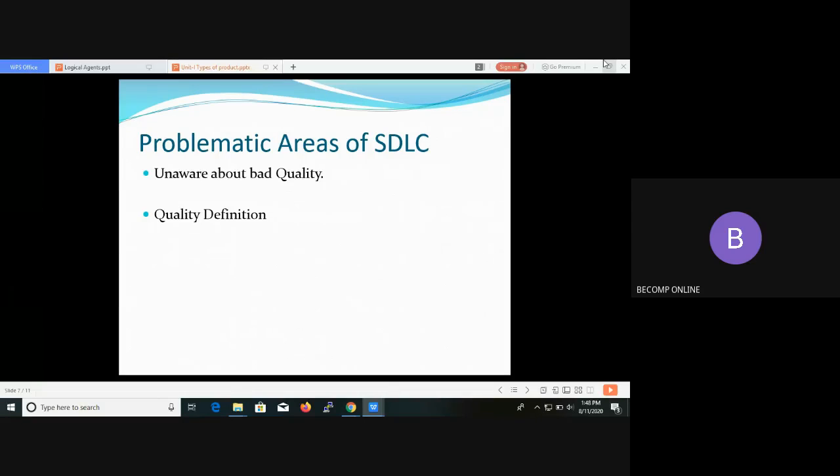And the last one is the quality definition. Quality definition means the product's quality depends on the processes used for its development rather than on rigorous inspection and testing activities applied to it. Finding and fixing defects will improve the quality of the product but will not guarantee a defect-free delivery. So good processes and procedures can only make good quality software.